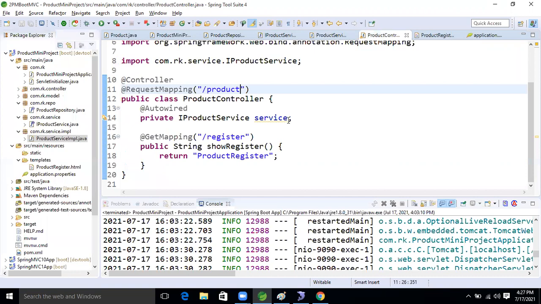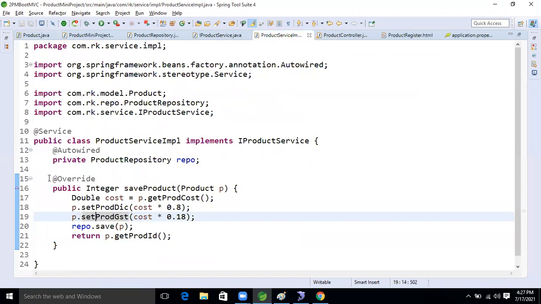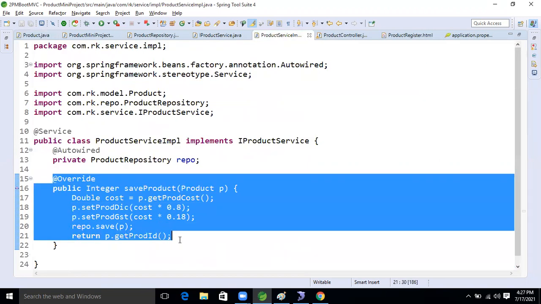So our service business logic is completed now, guys. Come on, everyone. Sudhir, Padma, why are you people silent? Yes, Ravi, we are listening.